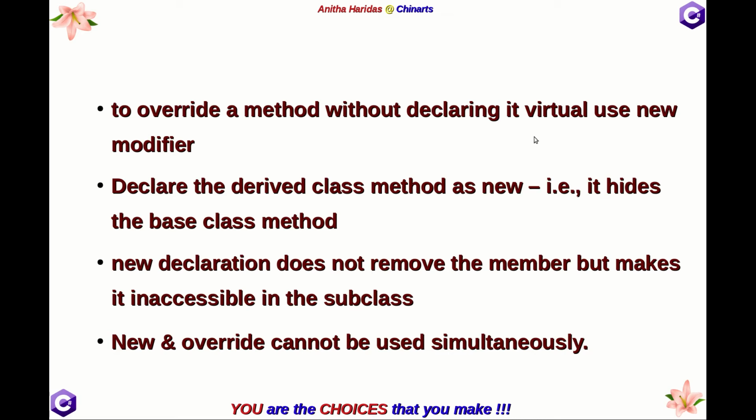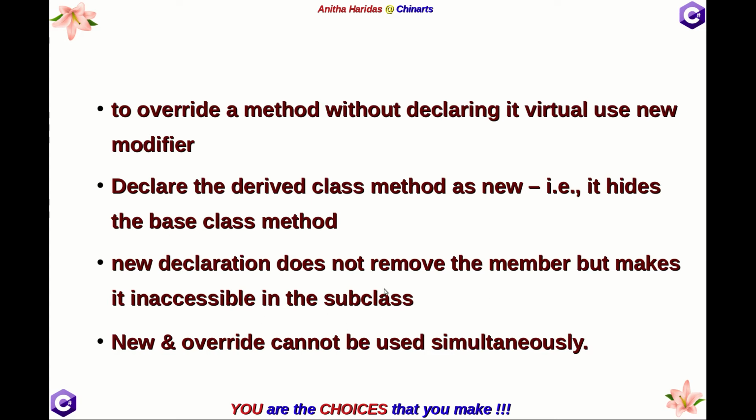Declare the derived class method as new, so that it hides the base class method. You can take these two statements combined together. A new declaration does not remove the member but makes it inaccessible.